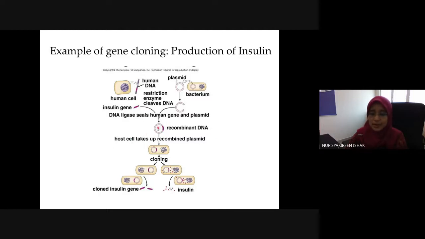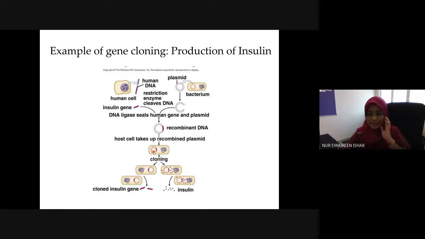After you have formed the recombinant DNA, within that same test tube you insert the bacteria that you have isolated its plasmid from earlier, kan? Bakteria yang tak ada plasmid, awak masukkan ke dalam reaction tu. So the reaction has recombinant DNA and also bacteria without plasmid. There will be a host cell, which is a bacterial cell that takes up the recombinant DNA. There are also other bacteria that do not take up the recombinant